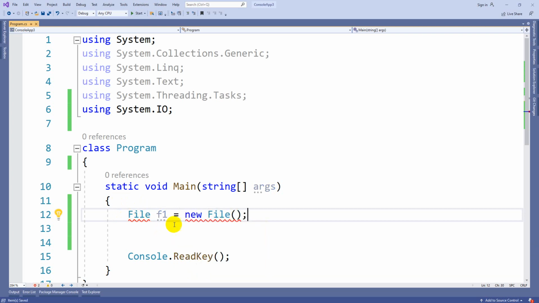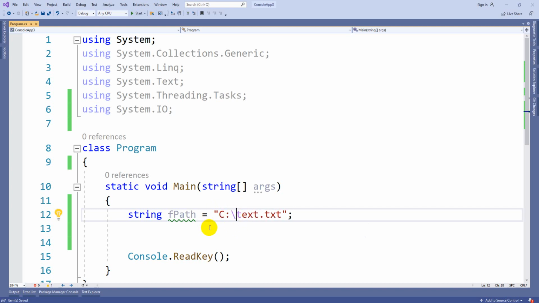While creating the file, I have to pass... sorry, really sorry, this is not the syntax. First let us prepare where the file needs to be created. So string fpath is equal to, in C drive, I just want to save in a location in C drive with a name. I want to create a file, sorry, test.txt. Sorry, this is the file.